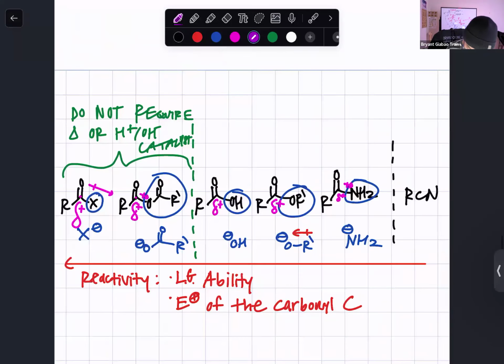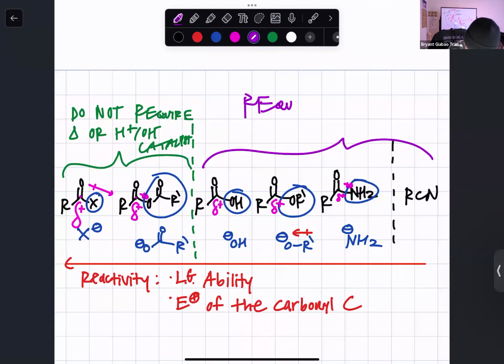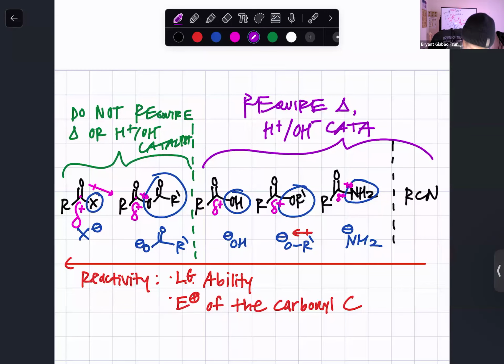Whereas the lower reactive derivatives here, they're going to require heat and mostly acidic conditions. There's going to be some problems with basic conditions for some of them, and we'll see why in the mechanism. But they require either an acidic or basic catalyst. Most likely going to be an acidic catalyst,